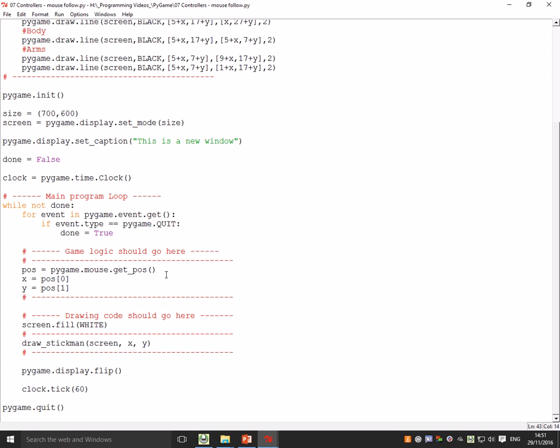pygame.mouse.getPosition. What that is going to do is that it's going to return a tuple of coordinates. So a tuple, a data structure, a little bit like you see size up there is 700 by 600. Imagine when you do pygame.mouse.getPosition, it returns values in a data structure like that. So X is the value at position 0. So the first value is the X coordinates of your mouse,